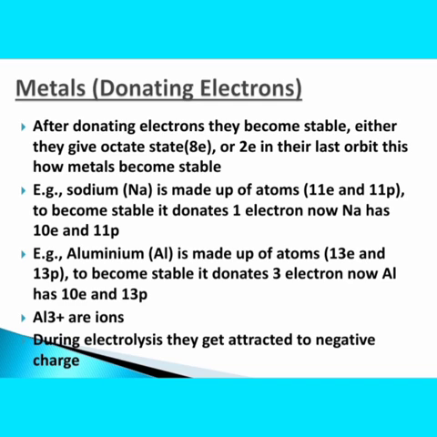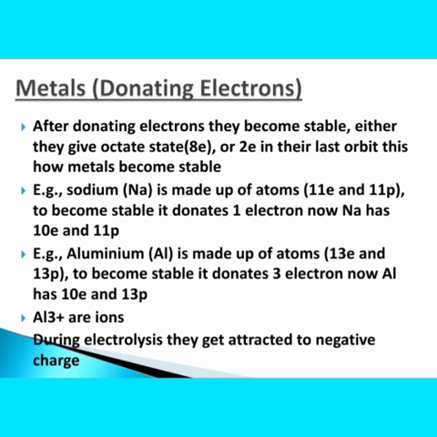Okay, now we can say that aluminium 3 plus, it becomes positive, right? So it becomes 3 positive, that is an ion. Now we can say aluminium 3 plus are ions. Now you got an idea what is ions. So what about sodium? Sodium 1 positive, right? That is an ion.